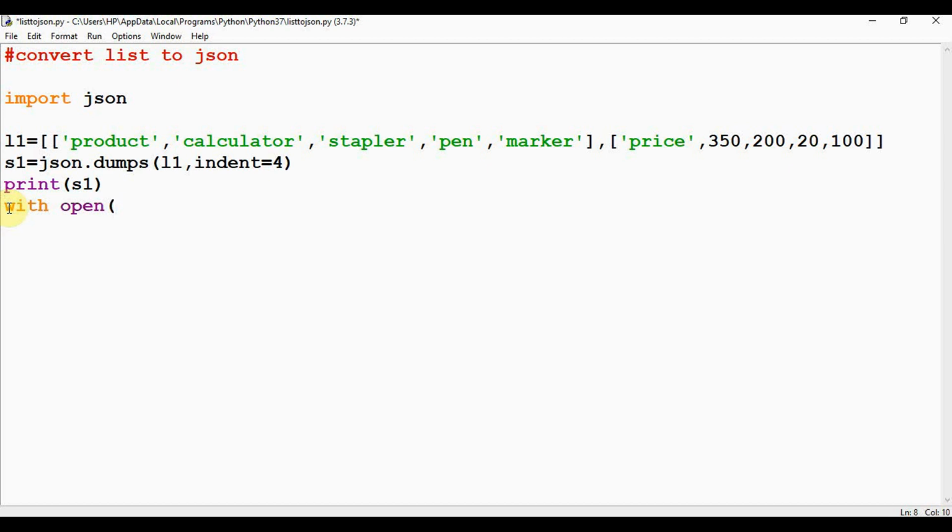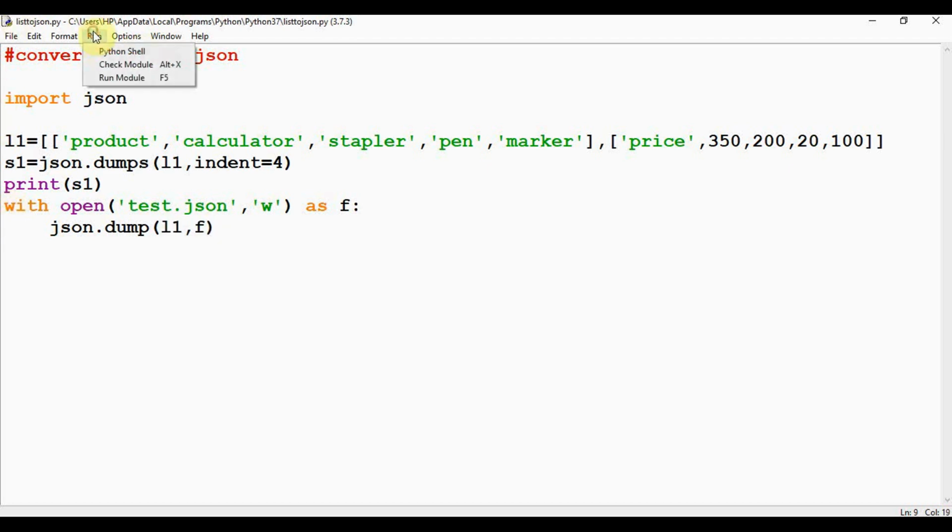Let me open a JSON file, test.json, in write mode as F. Now let me use the json.dump method. It takes 2 arguments: the list or the Python object that needs to be converted, and the second argument is the file object. After executing,